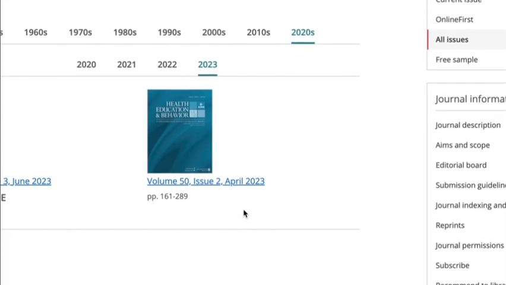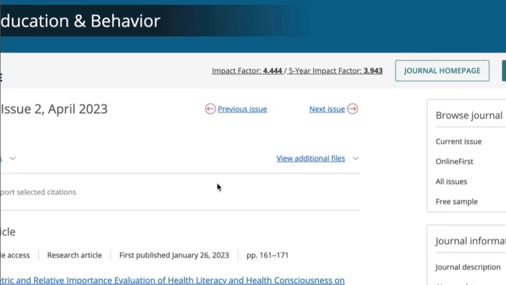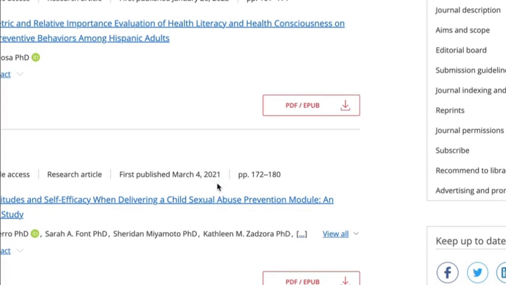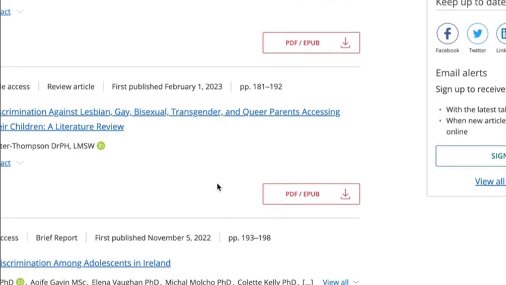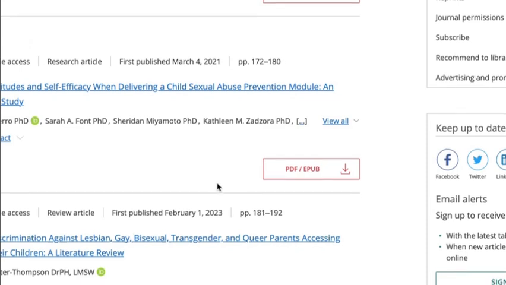a variety of issues. Let's take a look at volume 50, issue 2, which was published in April of 2023. And we can just scroll down and look at the different articles that were published in this journal. And you may find some articles here that will inspire you for your topic. Right here we can get the PDF version of the journal or the EPUB version, which you could read on